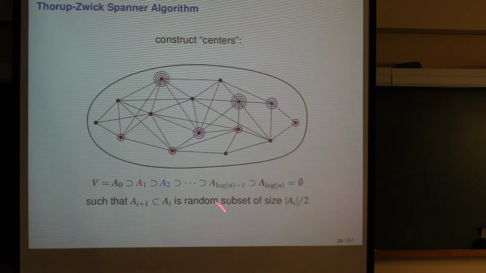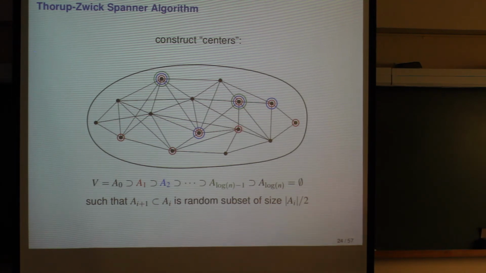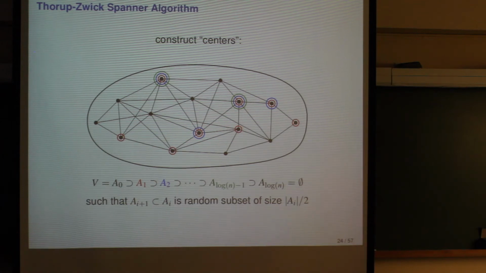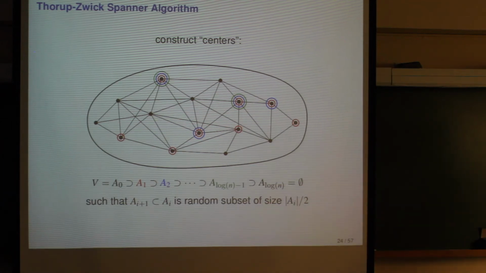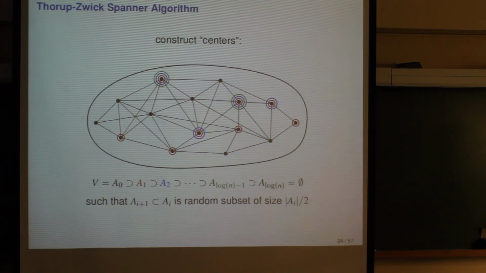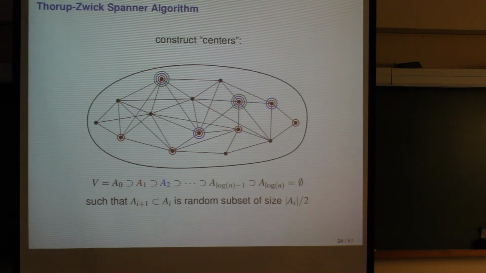So you start from this entire set of nodes, and you take a random subset of that with half the nodes, and then you take a random subset of that, and so on. This gives you a layering of the nodes. The red nodes would be approximately half of the nodes, and then you take half of them and add another circle, and the nodes in the last layer would be the very important ones, which are spread out. The layer below that would have more nodes, even better spread out.